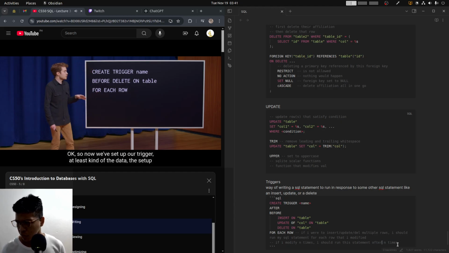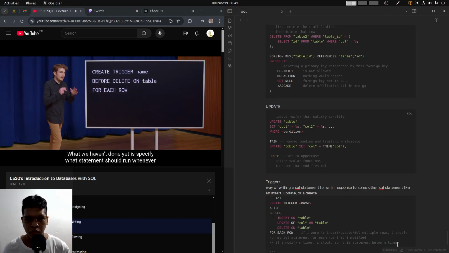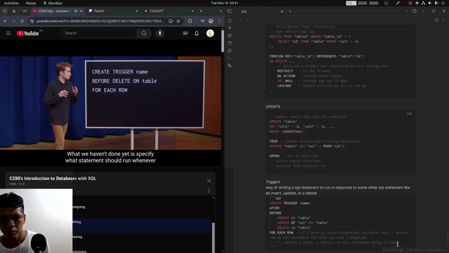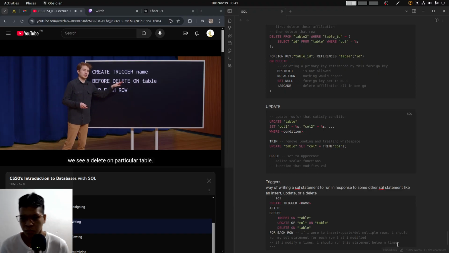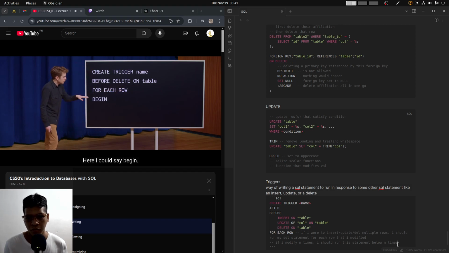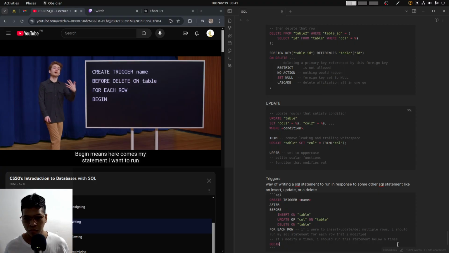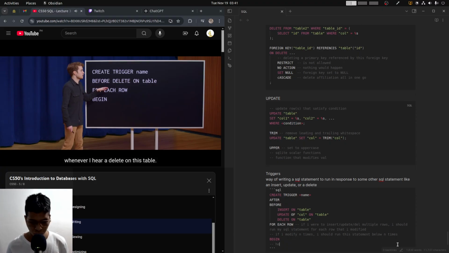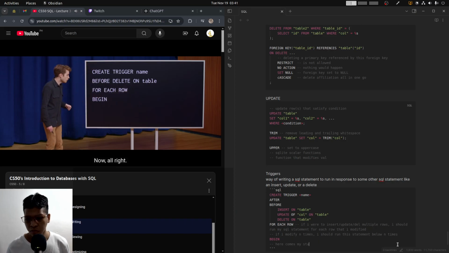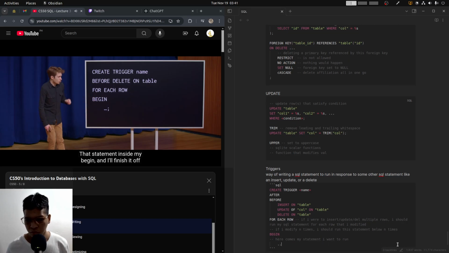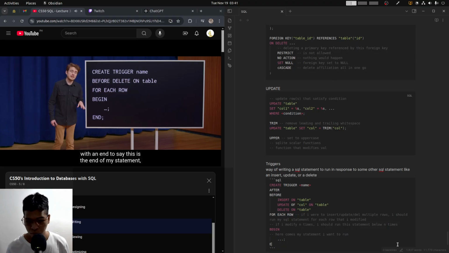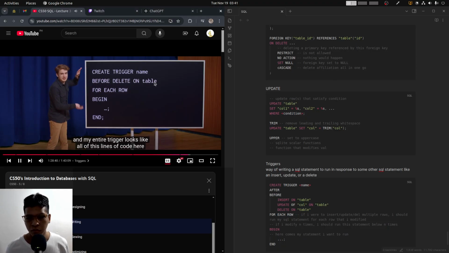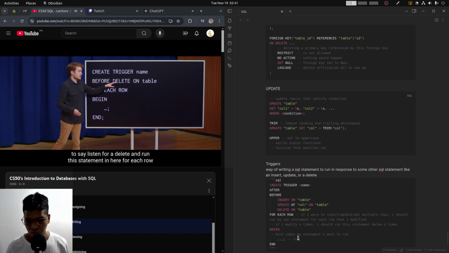Okay, so now we've set up our trigger, at least kind of the data, the setup for it here. What we haven't done yet is specified what statement should run whenever we see a delete on a particular table. Well, let's try this. Here I could say begin. Begin means here comes my statement I want to run whenever I hear a delete on this table. Now, I'll write that query down below, that statement inside my begin, and I'll finish it off with an end to say this is the end of my statement, and my entire trigger looks like all of this lines of code here to say listen for a delete and run this statement in here for each row that I delete